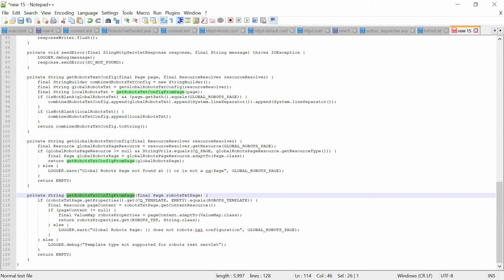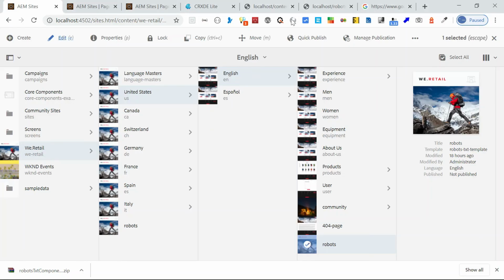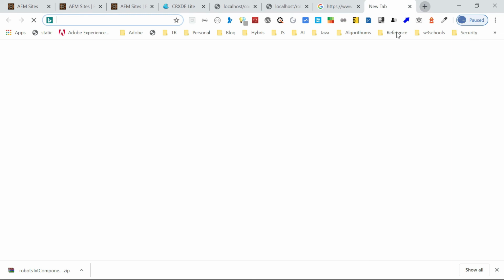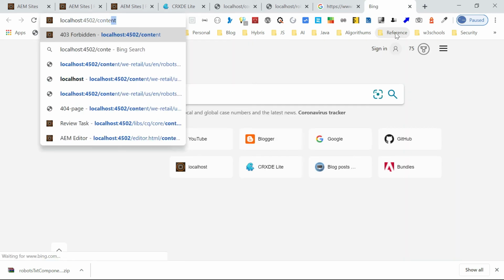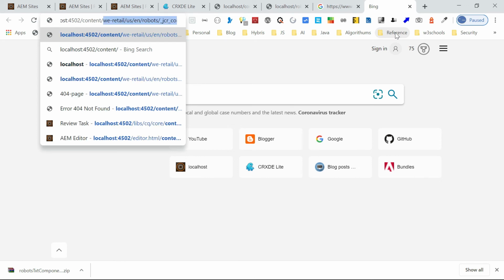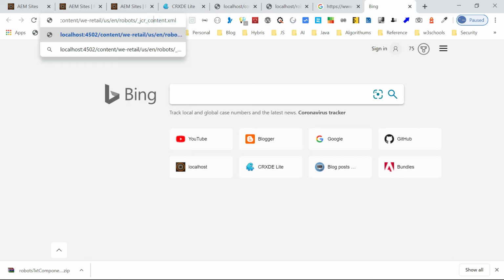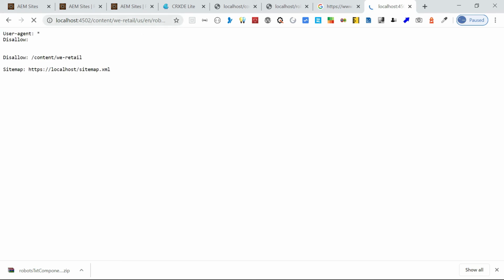Right now this particular robots.txt file can be accessed only through this path. If I say localhost, content, vretail, USEN robots jcr content.txt, because this has to be applied, robots.jcr content.